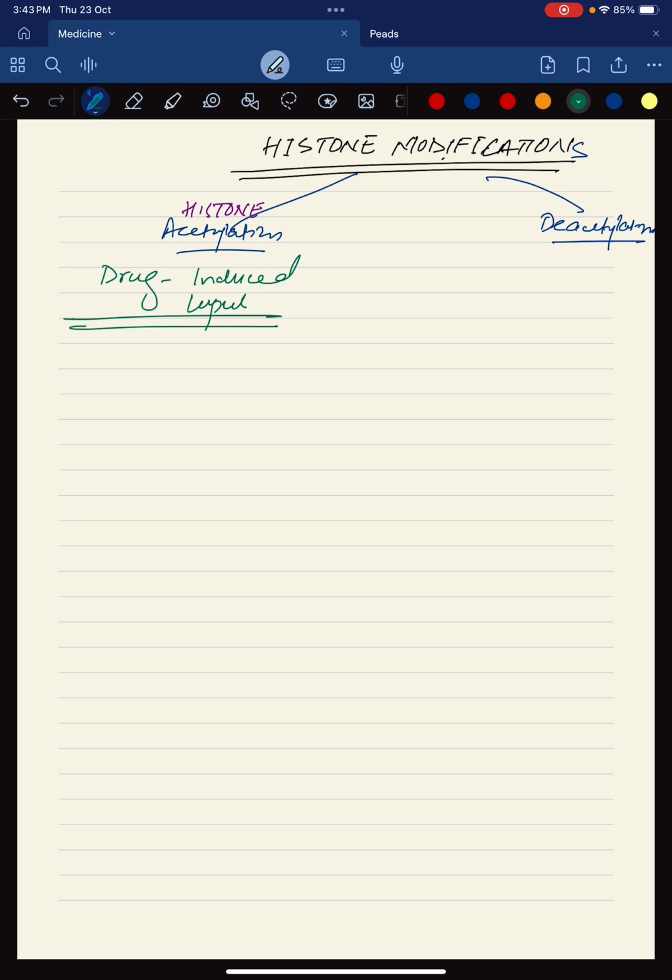The drug itself, the drug that is causing it, and furthermore there is also increased histone acetylation. Basically, I meant to say, there is inhibition of the deacetylases, so there will be more acetylation. So if I write it down, I would say